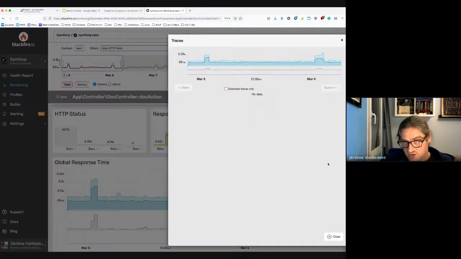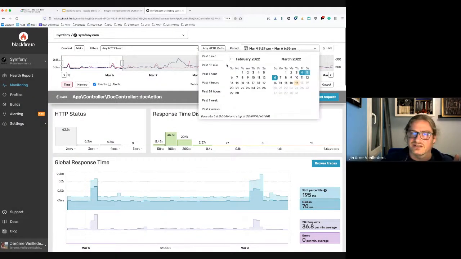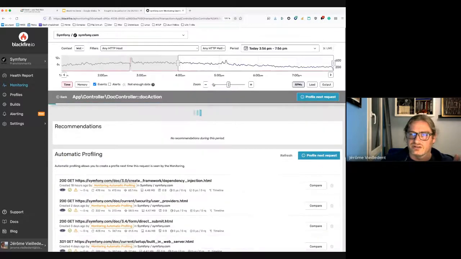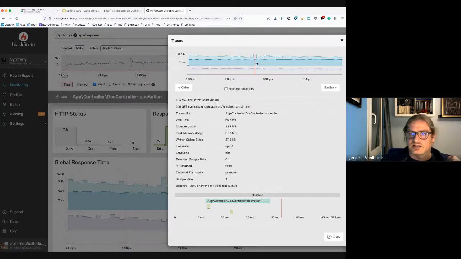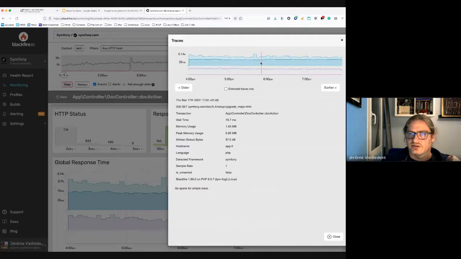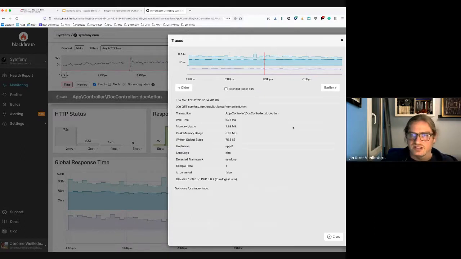If I click on browse traces, it's too much, so I should narrow down. Let's take the past 4 hours. I can click on the different parts on the timeline to have the details of the traces themselves, and therefore the exact URL that was called.